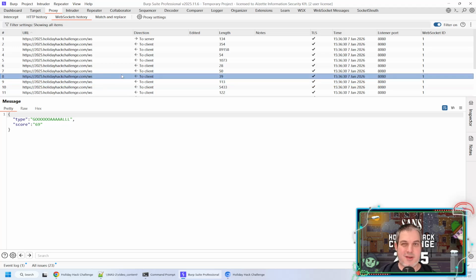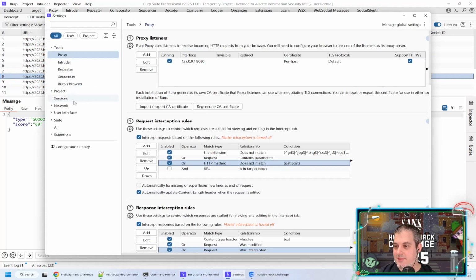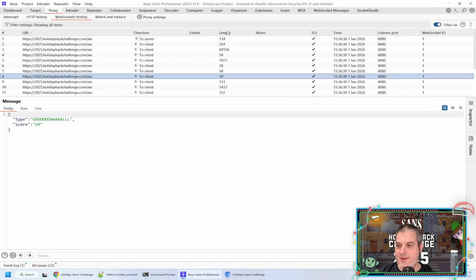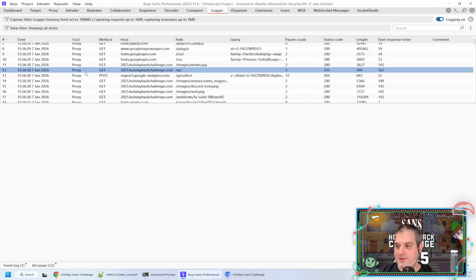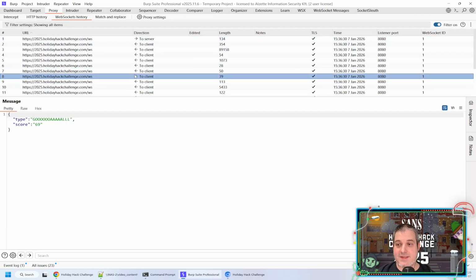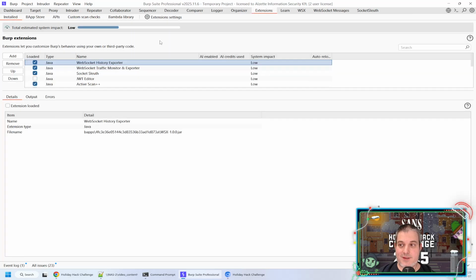I guess maybe in the logs. Not sure. Can we actually do that on the logging level? I'm not sure. I don't think so. Maybe under logger there is something. Anyways, so I couldn't really find anything that is natively available, but I was like, well, let's go and check